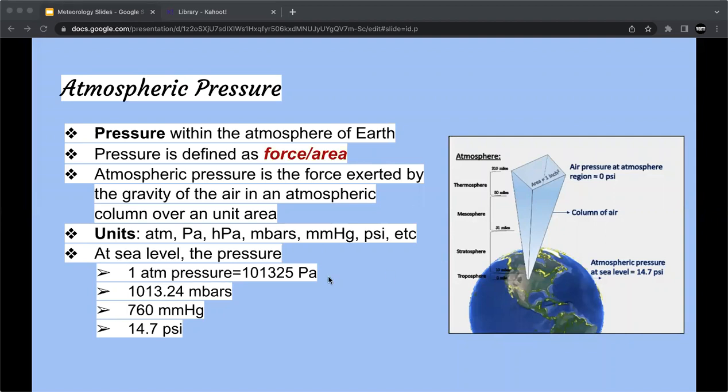There are many units for pressure, such as atmospheres, pascals, hectopascals, millibars, millimeters of mercury, and PSI. One reference we use is sea level pressure, which is when our altitude is